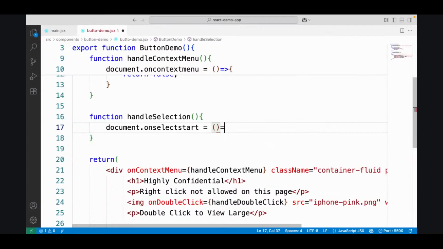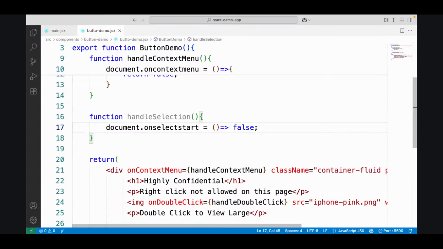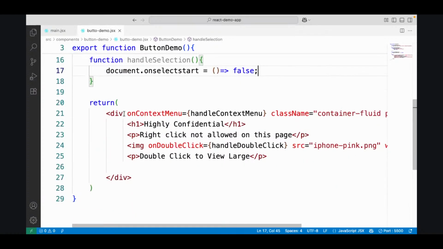onSelectStart is a function. This function should return false. This is a shortcut to return false. I'm using an arrow technique to return false. If I don't want to show any alert directly, I can write it like this. Now here on the div